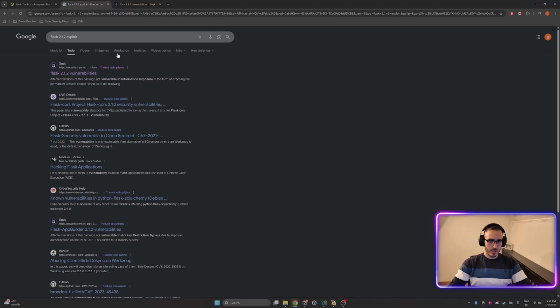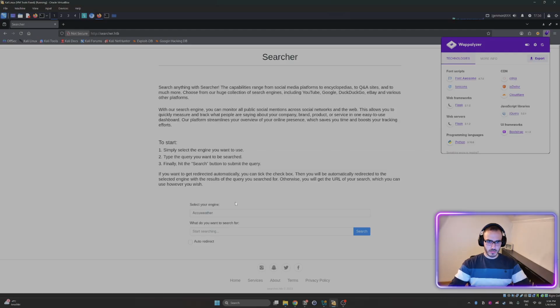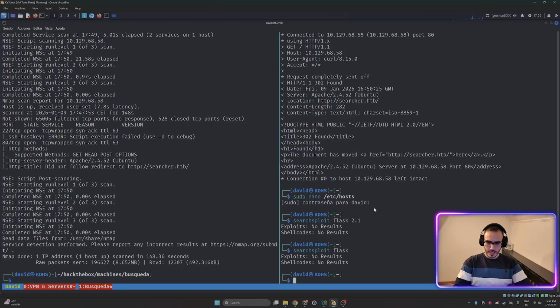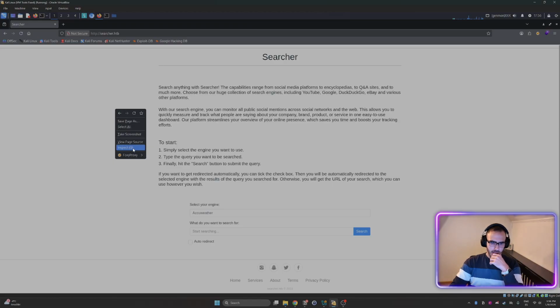So on a first quick review, nothing. What we can do also is search exploit Flask 2.1, and there are no results. So let's take a look at the